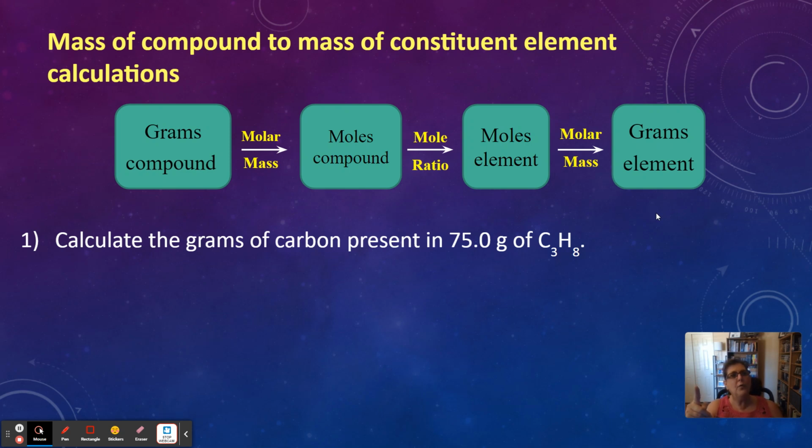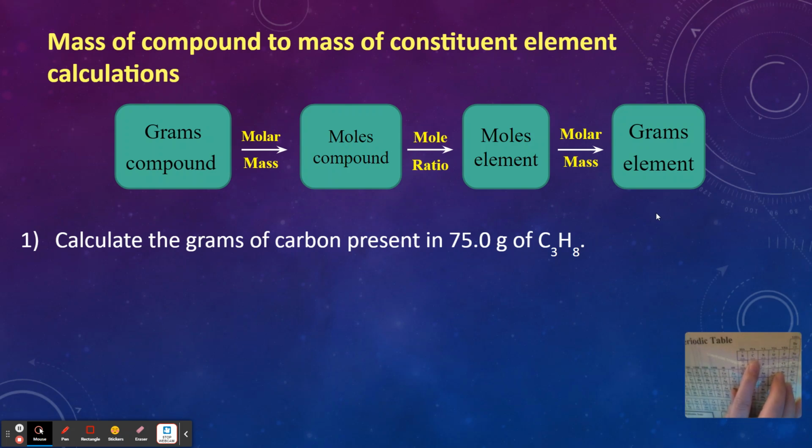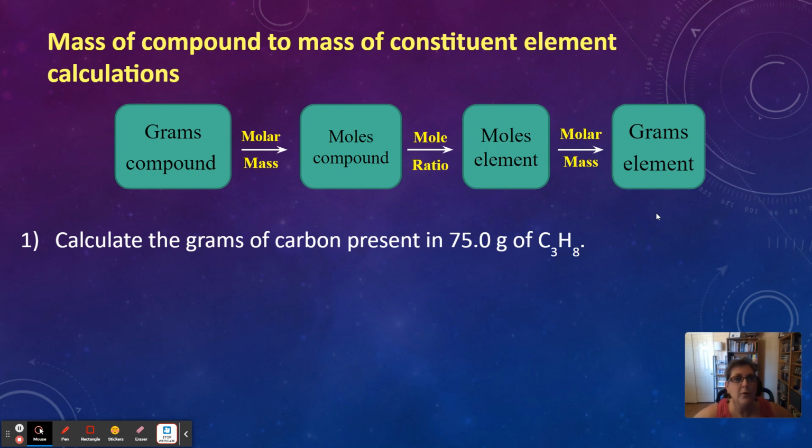But we don't want moles of carbon, we want grams of carbon. So we need the molar mass of carbon. Go to your table, find carbon. There it is. Carbon is 12.01 grams per mole. Now, which is on top, the grams or the moles? Well, this time the grams are on top, right? So grams are on top because we're finding grams, and the moles of carbon will cancel out, and we're going to find grams and put it into our calculator.